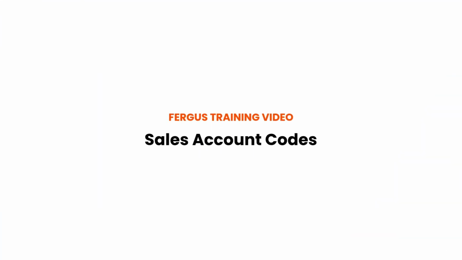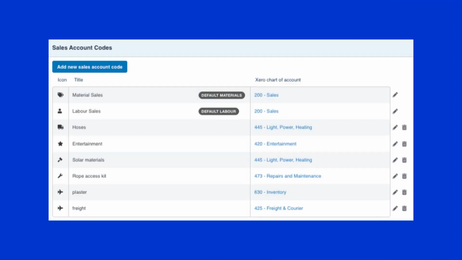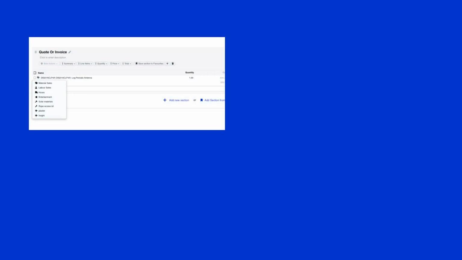The sales account code feature in Fergus allows you to assign line items to a wider range of sales types, not just labour or materials. Better yet, these sales types can be synced directly to your linked accounting package. You can apply sales account codes across several areas in Fergus, like quoting, invoicing, or when adding costs to a